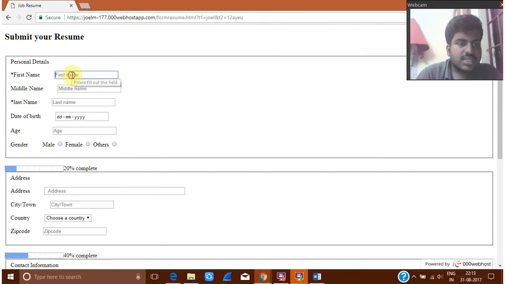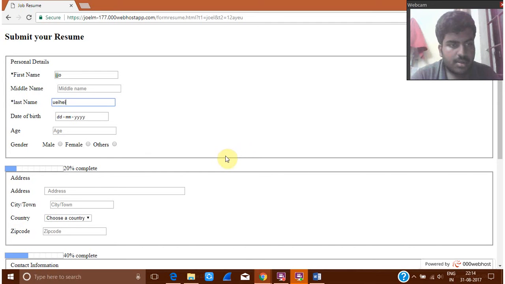Again, just enter your details, and if any invalid details are entered, then it will not accept. All the required details, I have put an asterisk symbol, so we have to enter them before sending the form. I'll just put some